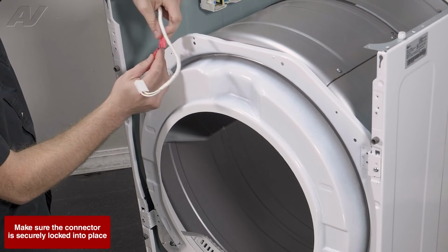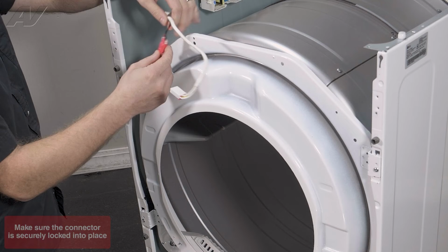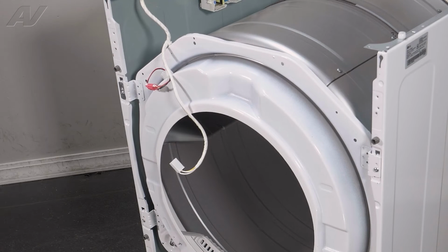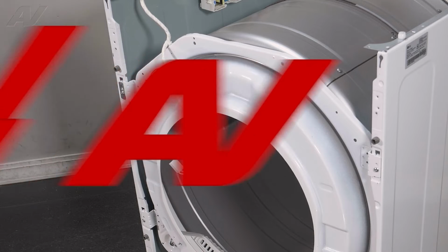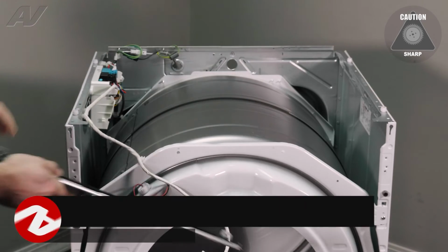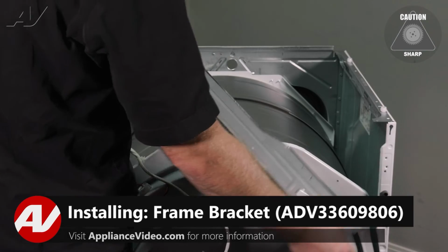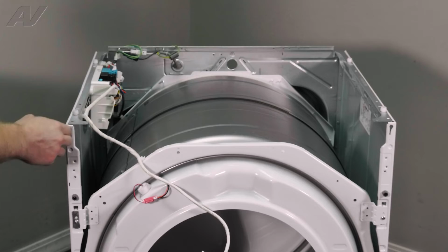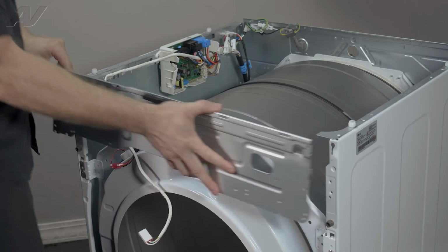Let's move up to the top. Reinstall our LED wiring harness as well as our strain reliever. Now we can reinstall the frame bracket. When reinstalling your frame bracket, you have two teeth, one on each side, that will slide into this area on the actual frame itself. So let's start on one